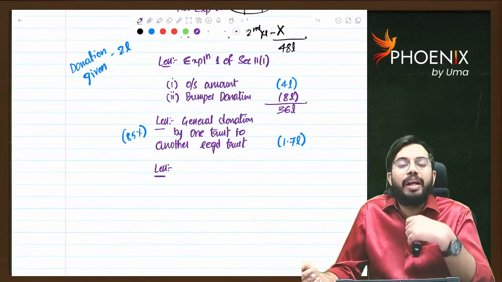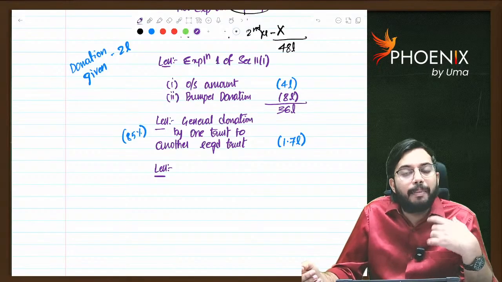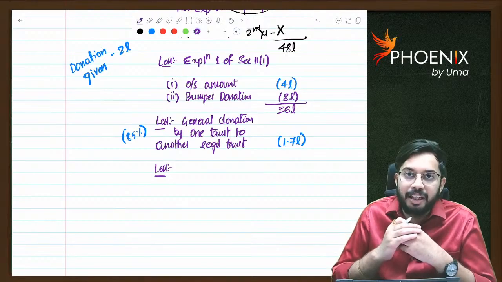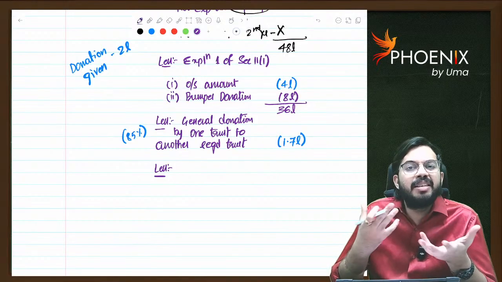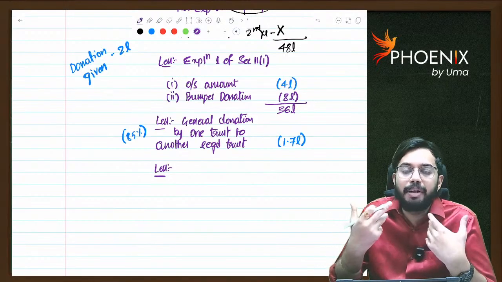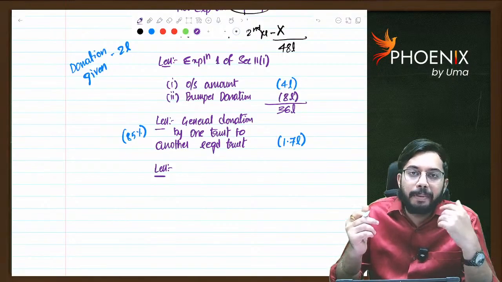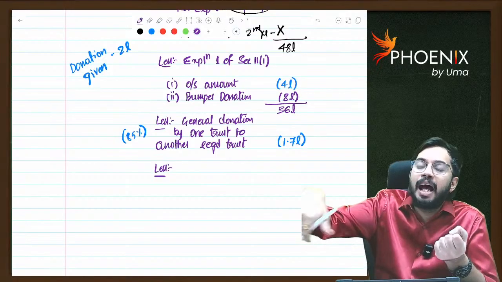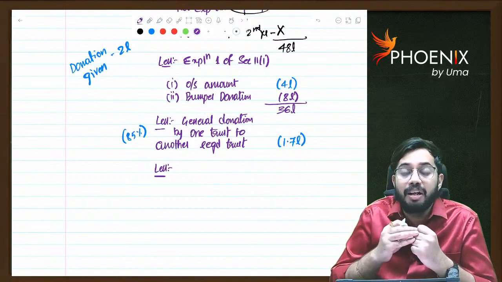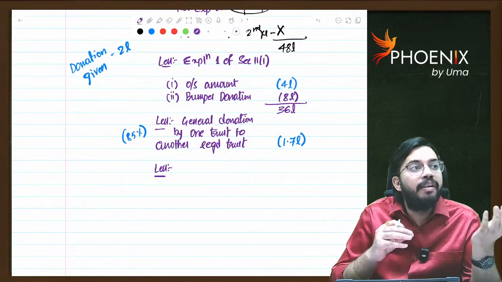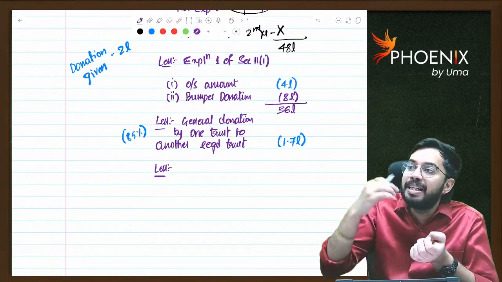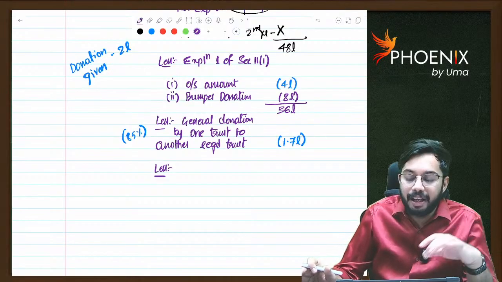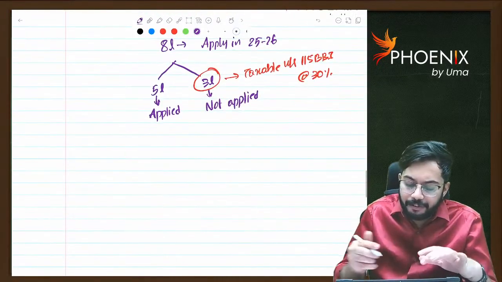If I borrow any loan, whatever the loan amount that I have borrowed, I will incur it in the current previous year. Let's say the trust is charitable and I am not getting much income. So I took 1 lakh rupees loan, and using this 1 lakh rupees loan I paid salaries of all employees of the trust. The year in which I took the loan and paid salaries, that will not be treated as applied. Let's say in 24-25 I took the loan.